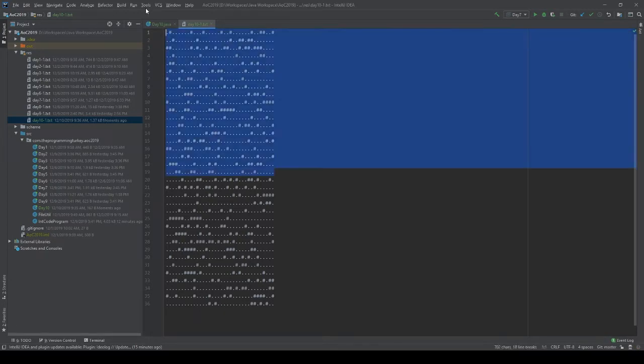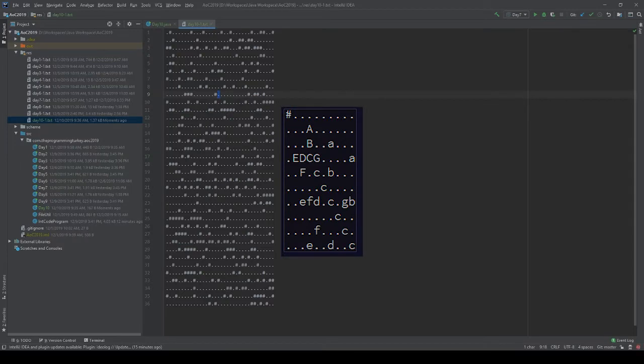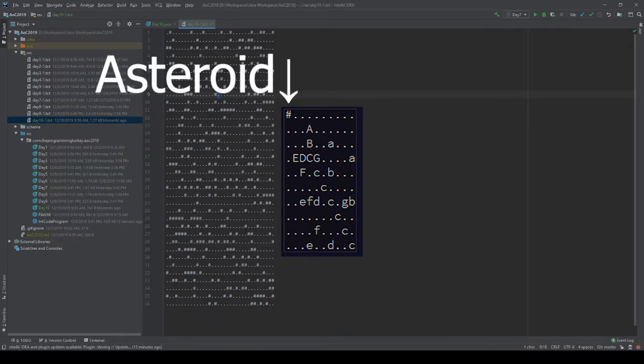And the goal of this is to find the meteor that can see the most other meteors. That makes sense. So with the monitoring station, it is line of sight. So from here, this one, it can see this meteor. However, if there was a meteor directly behind it here, it would not be able to see that one. I think they give a good example that I'll put up here that shows the meteor in the top left here, with the uppercase letters as the meteors that could be seen, and the lowercase letters being ones that would be hidden by that